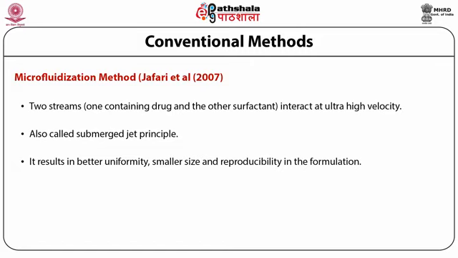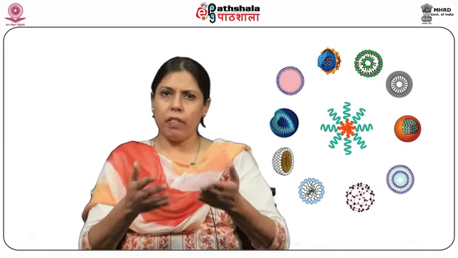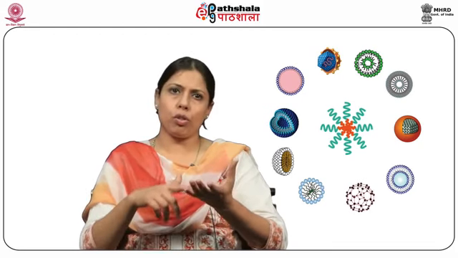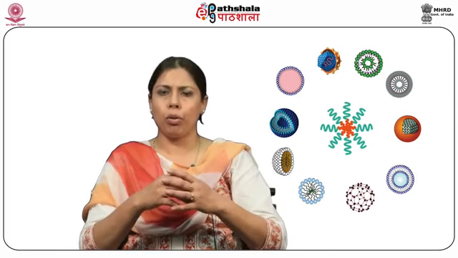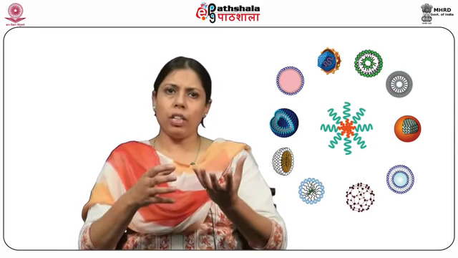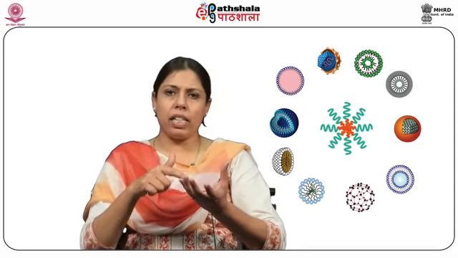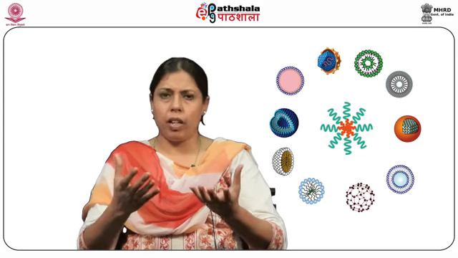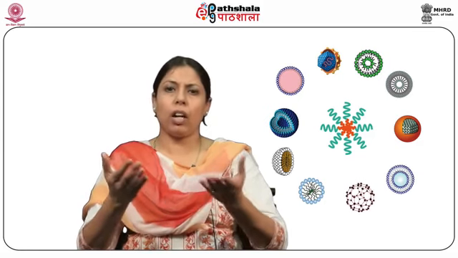In reverse phase evaporation method for preparation of neosome, we take a vessel. In this vessel, we add cholesterol and surfactant, which are dissolved in a mixture of organic solvents, usually ether and chloroform in 1:1 ratio. Now to this vessel, we carefully add the aqueous phase containing the drug. The two phases, when coming in contact, result in formation of a two-phase system, which when subjected to sonication at around 4 to 5 degrees centigrade, ultimately leaves us with a gel kind of product.